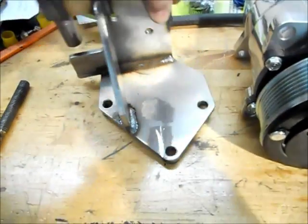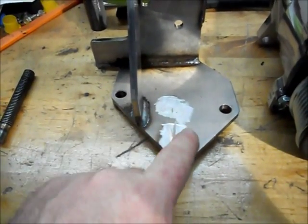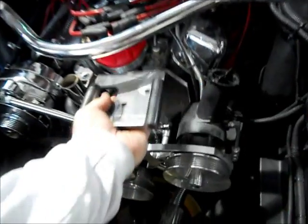I also, of course, separated the bracket. You can see where the old bar here was welded. I cut all that loose, moved it over so I would have some clearance. Now, when you fit this in here,